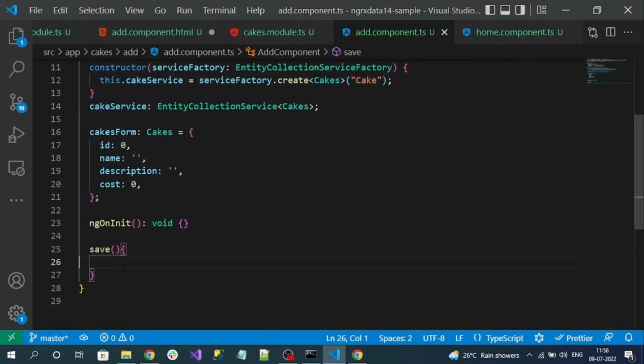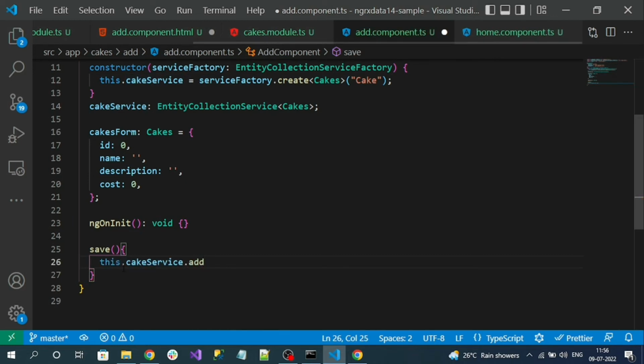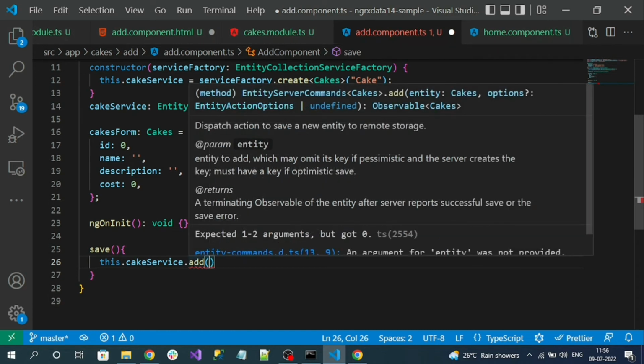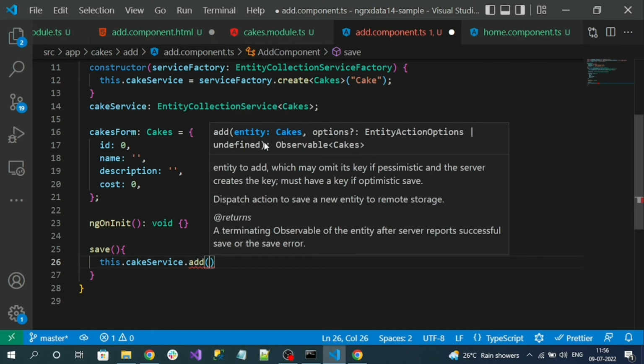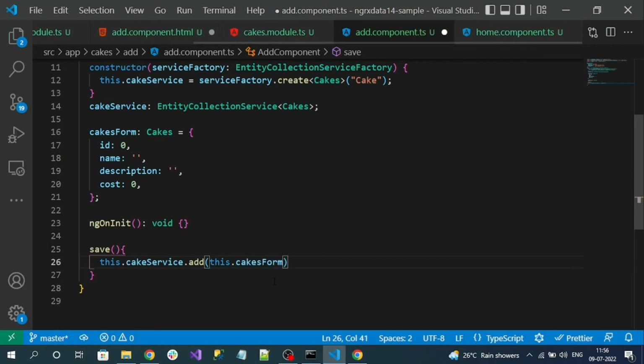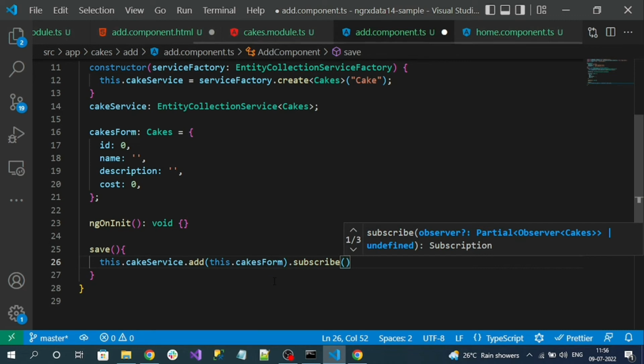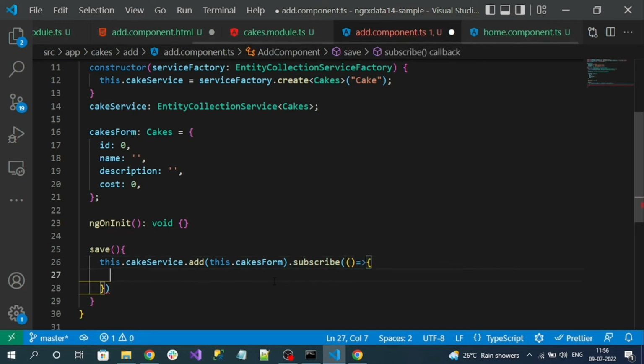So using that, I can call the add API: this.cakeService.add. This is the default method for adding a cake, and it is expecting some entity data. Sorry, form data. So this.cakeForm, and I'm going to subscribe to it. And what I will do after a successful API call updating the state, I want to navigate back to